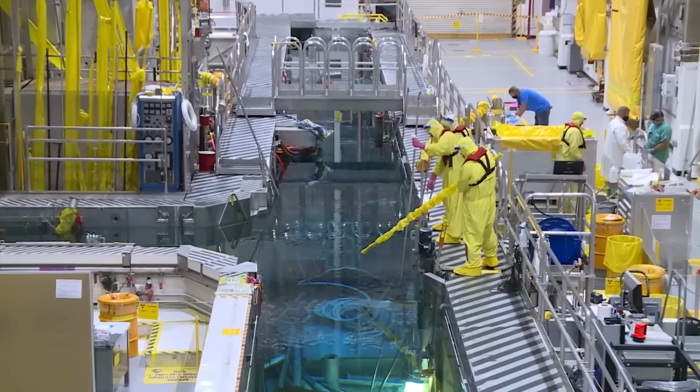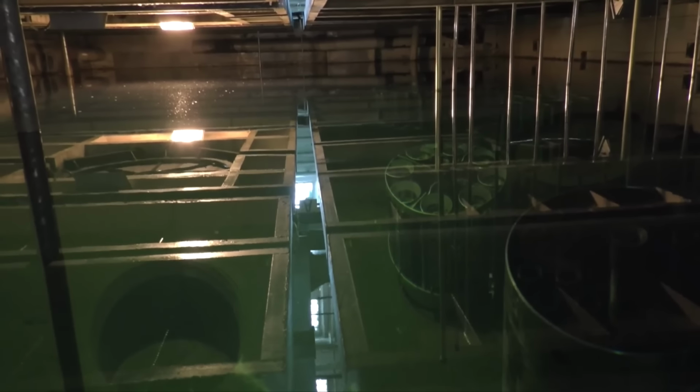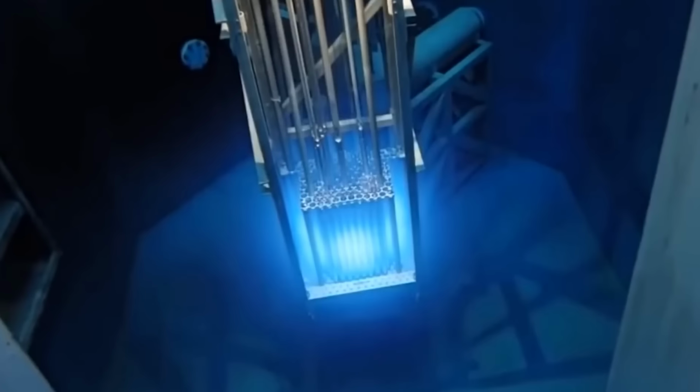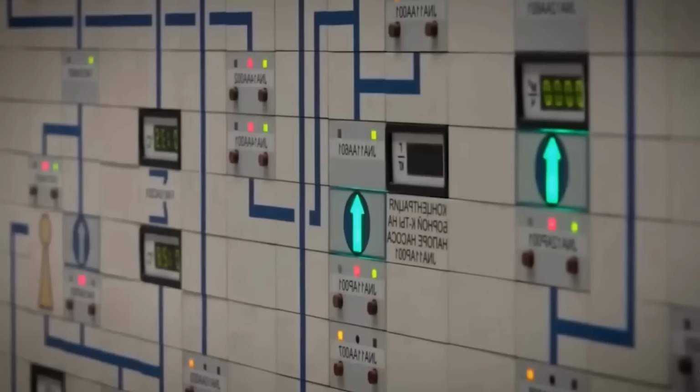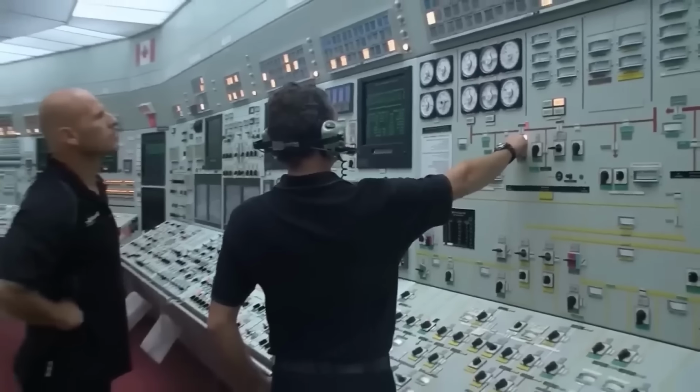But this isn't just a cooling bath. It's a critical stage known as radioactive decay, where the material gradually releases the accumulated radiation, slowly becoming stable enough to handle. The water glows a faint blue during this process, a phenomenon called Cherenkov radiation, one of the most haunting and beautiful sights in all of nuclear science. Only when every parameter is fully stabilized is extraction from the pool authorized, and then begins the most dangerous stage